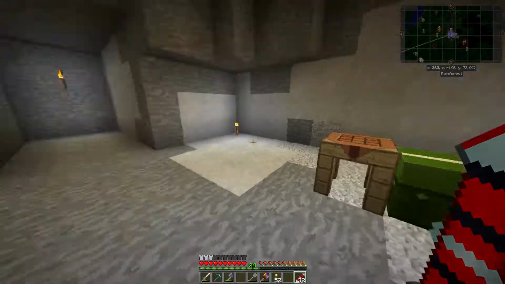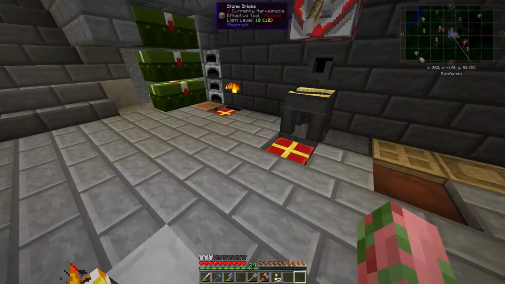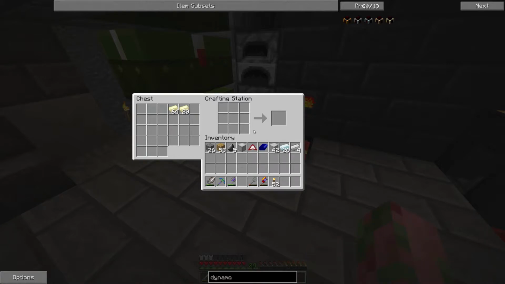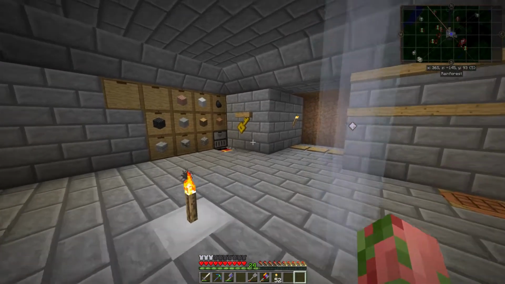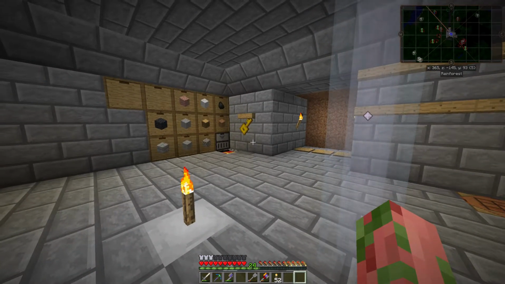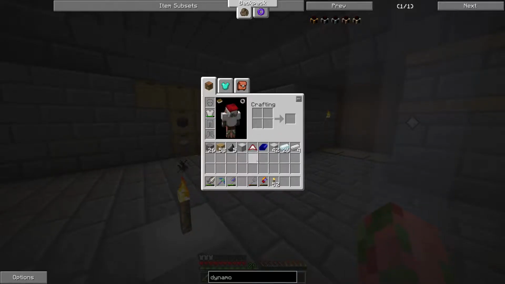Let's go downstairs. Put this here. Yeah, so we're going to be building about 32 dynamos. It's a lot. These machines, you want to put a lot into it. So we're going to need... Okay, those are easy to make. And...